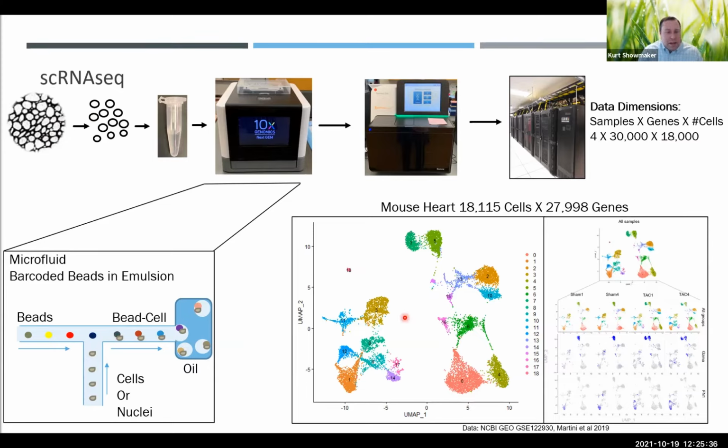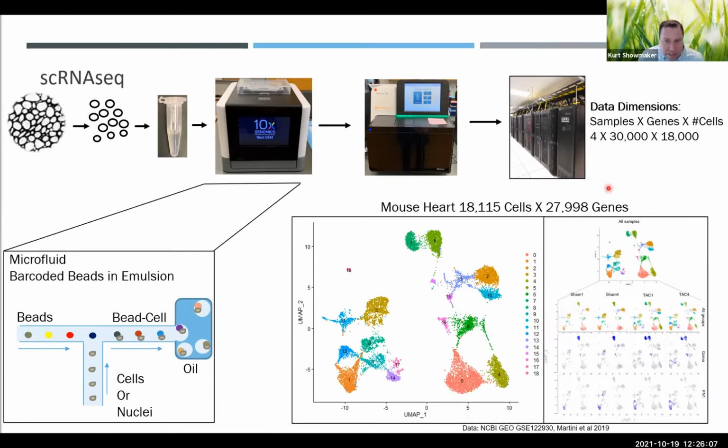So every cell has a unique barcode, and then we're able to visualize the data with UMAPs or t-SNE plots, like the UMAP plot shown here. And interestingly, here we have 4 samples, 2 of which are control and 2 disease states. And on the right, you can see that cluster 7 is not present in the control, but does show up in the disease. And that is the type of data that we really like to look at